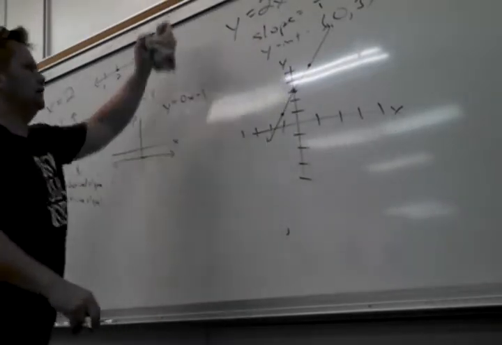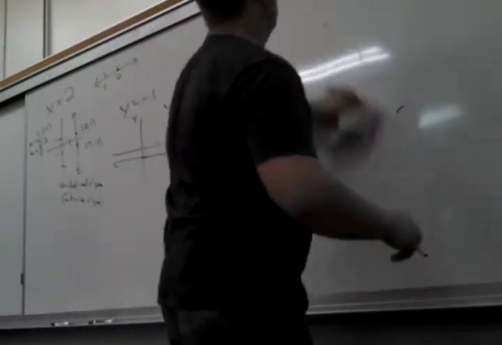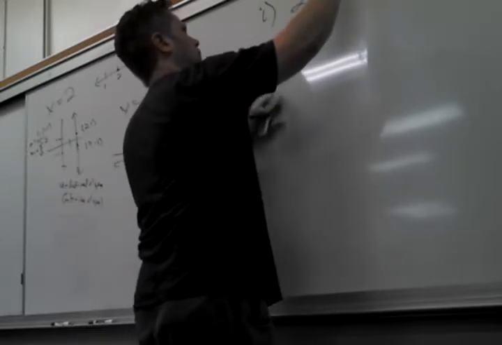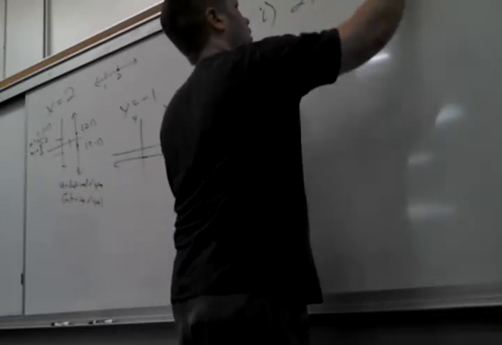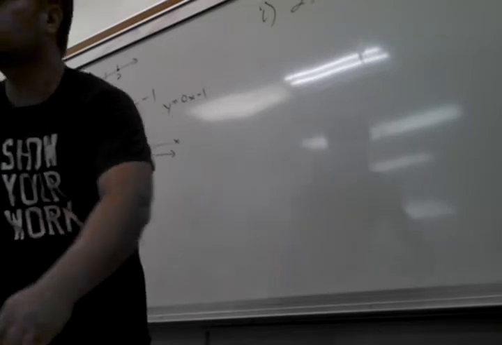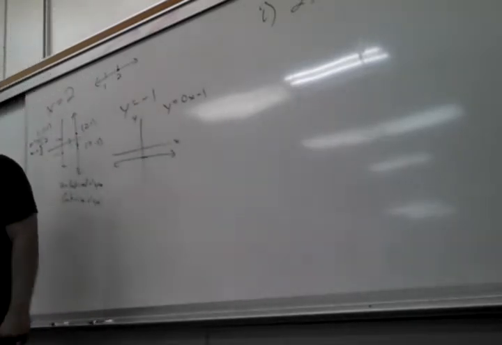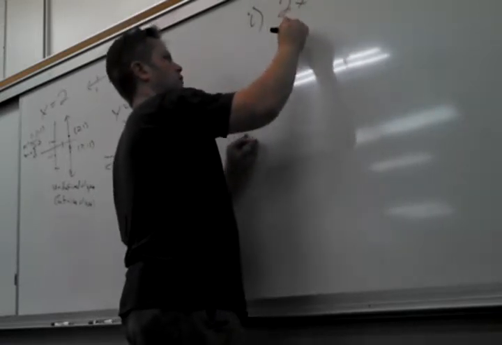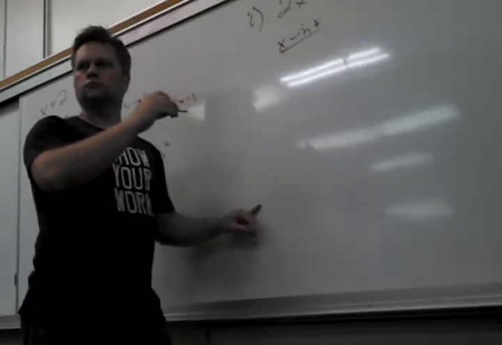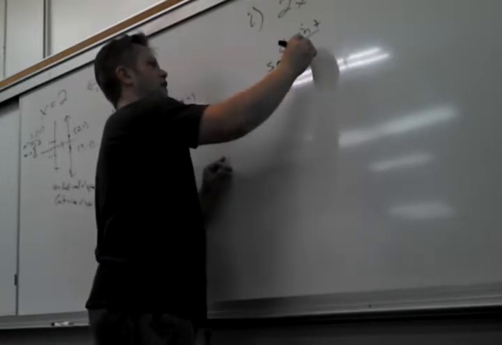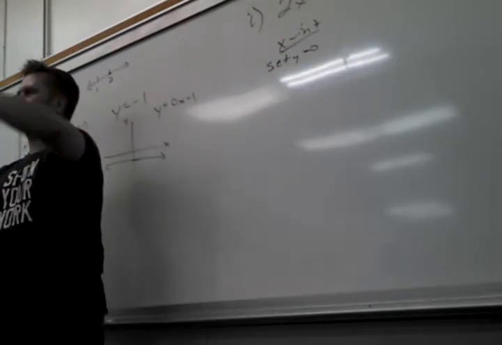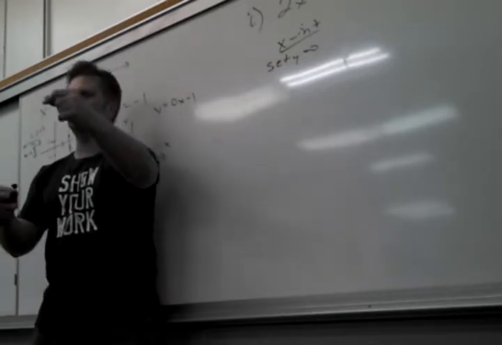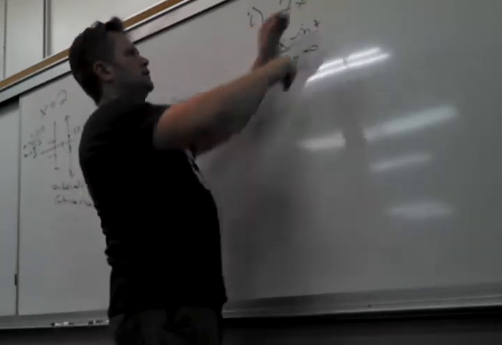I said this one earlier, but if I give you an equation like this, how do you find the intercepts? You subtract 2x. For the x-intercept, what will you do? Set y equal to 0, because if y equals 0, that means I haven't gone up or down any, so I have to be on the x-axis. That's why it's got to be the x-intercept. So if you set y to 0, you get